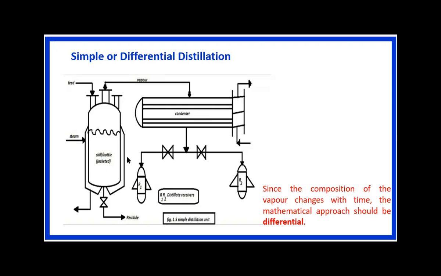So it is a simple process, as we involve only a still, we provide the steam, and after preparing, these vapors go through the condenser. In the condenser, this vapor is converted into liquid, and that is why this process is also called simple distillation, right? So this is one of the simple techniques in distillation. If you observe the compositions, we can conclude that in this type of distillation, that is simple or differential distillation, the product purity is very low, because